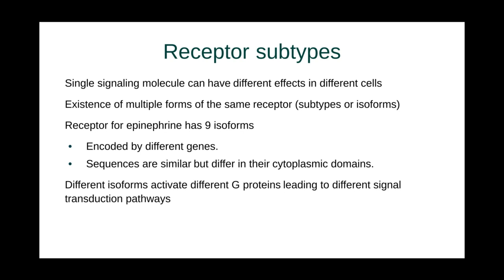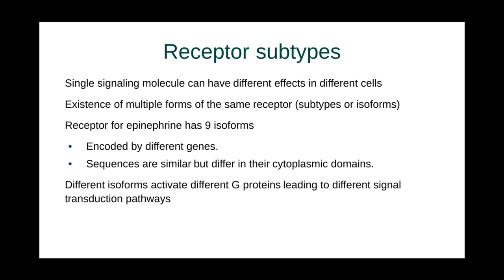So we can think about epinephrine. Epinephrine, pretty important signaling hormone. Its receptor has 9 isoforms. What do I mean by isoforms again? Slightly different shapes. Same chemical composition, slight change in shape. Now, they're encoded by different genes, and when you look at the DNA sequences, right, A's and T's and G's, they're similar, but the part of the DNA that makes the protein on the cytoplasmic side is very, very different. And these different isoforms of the epinephrine receptors activate different proteins, leading to different signal transduction pathways,